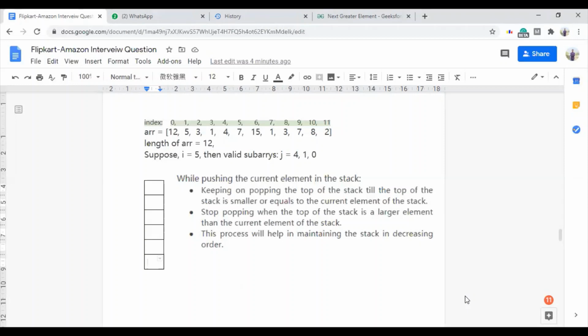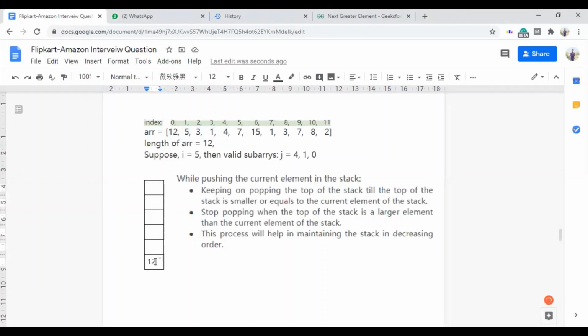Now suppose currently the ith pointer is pointing at index 5, that is at element 7. So all the values which the jth pointer can point to are from indexes 0 to 4. So we have to push them in the stack, and while pushing we have to follow these rules. Initially we will push 12, as the jth pointer will take the value 12 at the end.